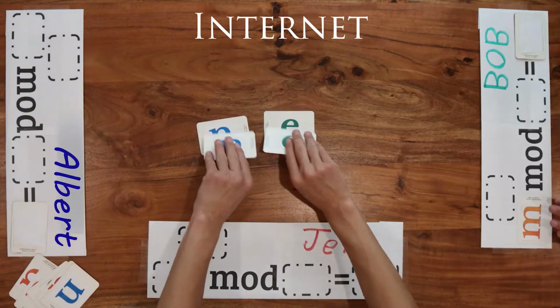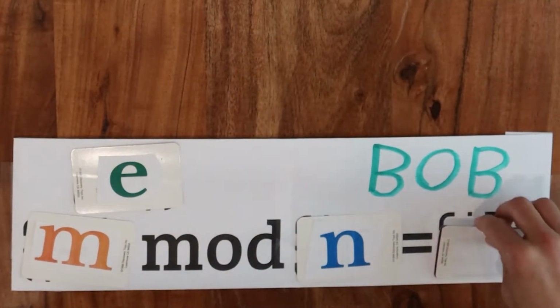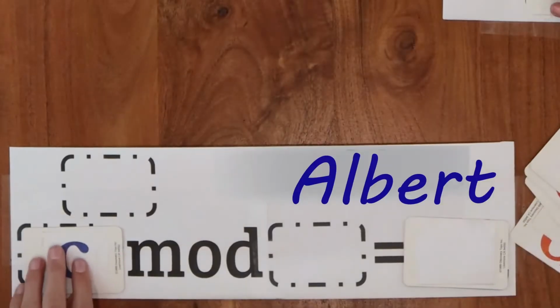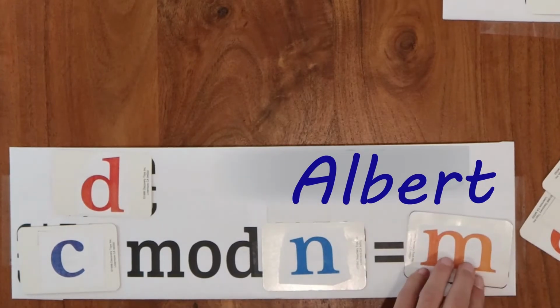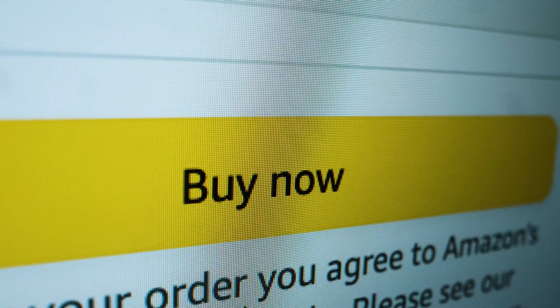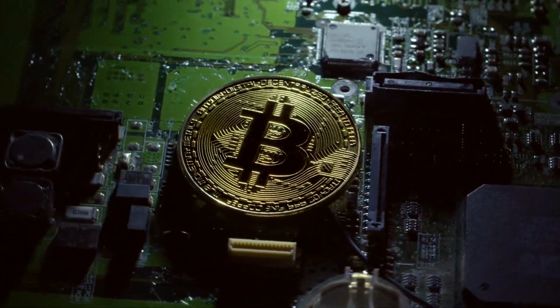Now Albert can create his public key that he sends to Bob to encrypt his message, then Bob sends the encrypted message back and Albert can use n and d to decrypt the data. But Jeff can't because he can't create d without knowing p and q. Every website, email, and even Bitcoin use RSA, and it's almost impossible to crack with large enough numbers, at least until